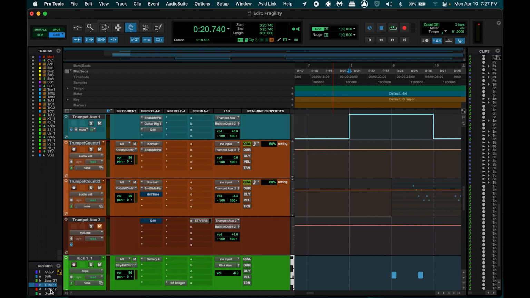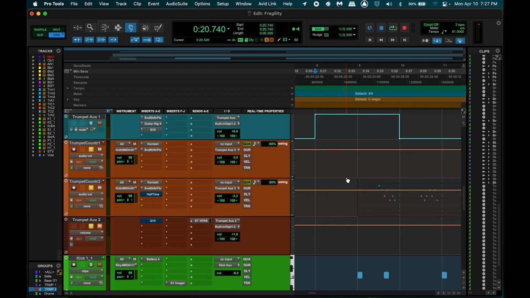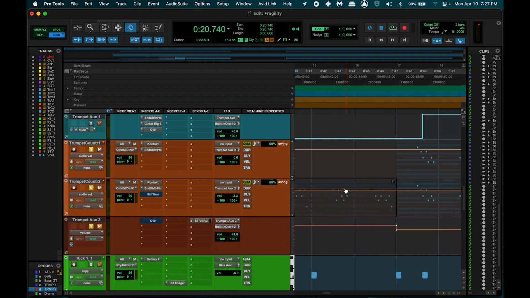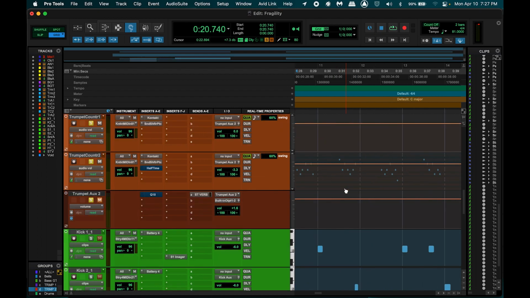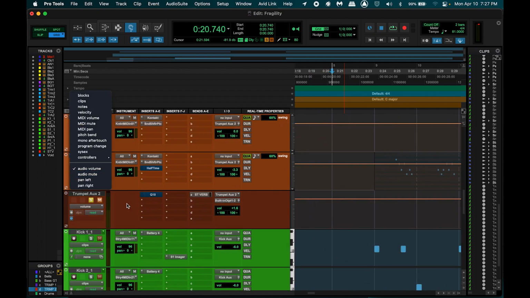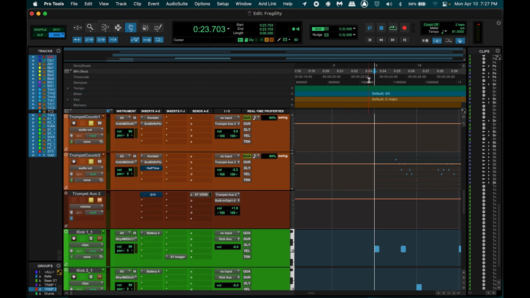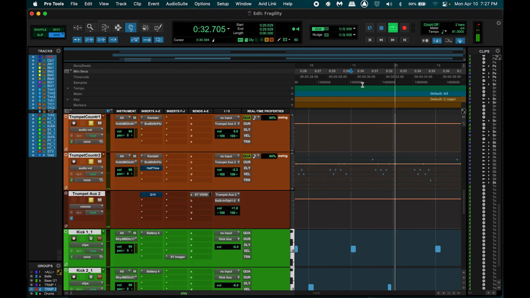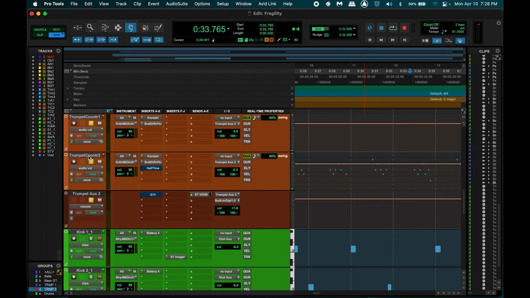Now my second trumpet sound is this guy right here. So this is a really, really cool sound. I don't even know how I stumbled across this, but I love this sound. Basically, this is my main trumpet sound here. So I'm gonna go ahead and play it here. And so there's different notes played. I'm not gonna play them all, but there's different notes played just to create a counter melody with a trumpet. And I just love how it sounds. It sounds kind of like Disney-esque to me.